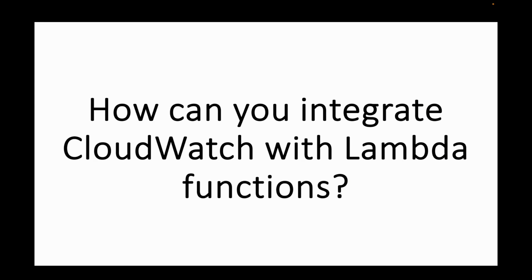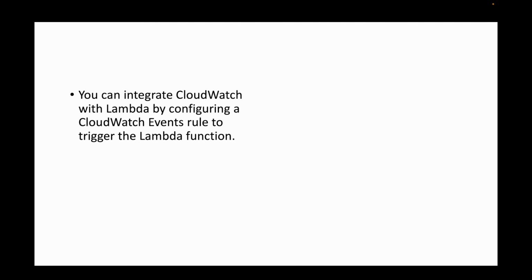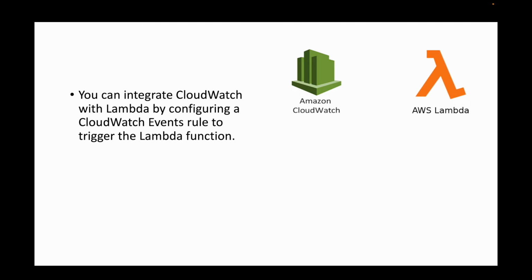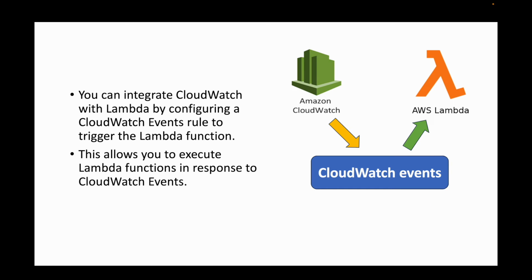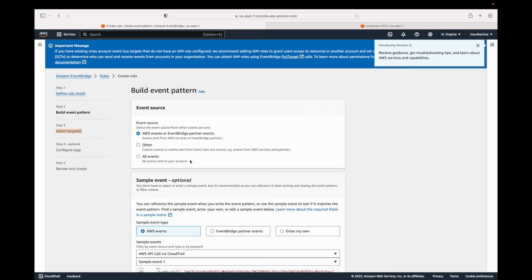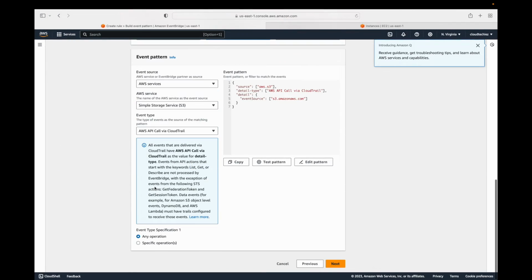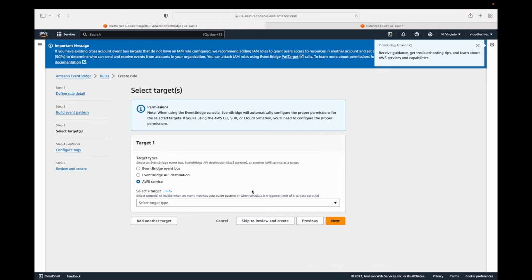Next question we have is, how can you integrate CloudWatch with Lambda functions? Now, we know that CloudWatch can be used for monitoring purposes, and then we have Lambda, which is your serverless computing. Now, how do you integrate this? If you want to integrate your CloudWatch with Lambda, we can create a rule in your CloudWatch events which will trigger your Lambda function. This allows you to execute your Lambda functions in response to CloudWatch events. So let's say, for example, again, taking the same example, now let's say any operation that happens in my S3 bucket, I want to